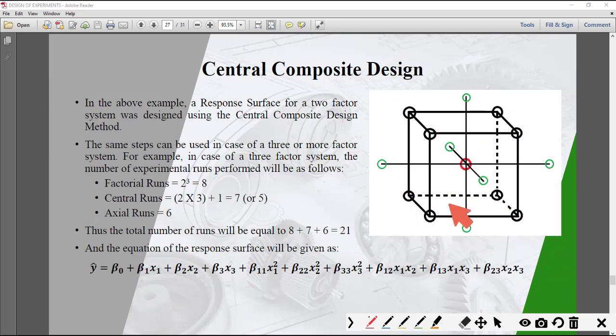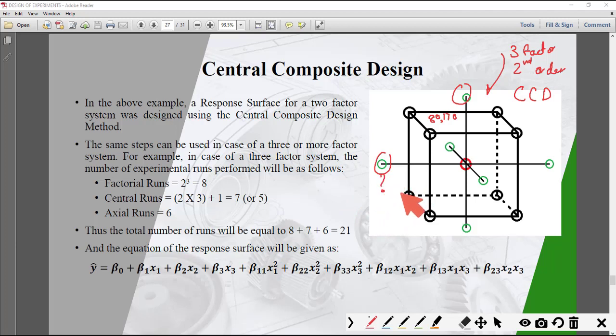So this is how your diagram will look for a 3-factor second order central composite design. It is possible that they might ask you this diagram in the exam, right? They might show this and ask you what the points marked in green are, right? They might give you the step size. They might mark this as 80, 170, and tell you that this is modeled based on spherical CCD.